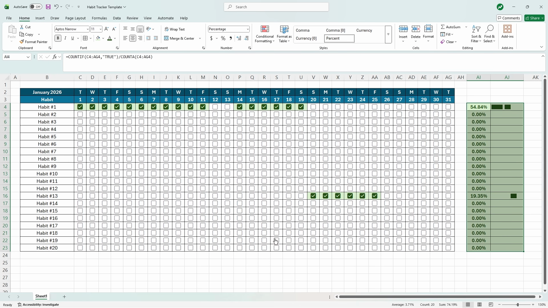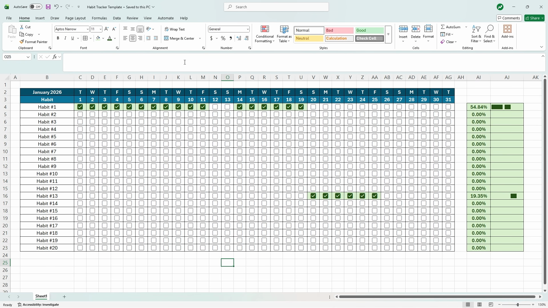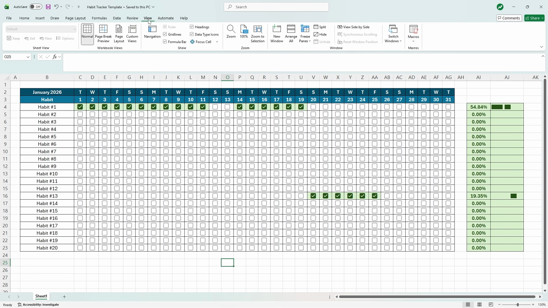Yeah, I mean, that's basically it for this. You could add so many different things to a habit tracker, but I think this is a great foundation. Another thing, just for visuals, if we go to the View tab and then remove grid lines, I think this looks even better. And yeah, so what I'm going to do is I'm going to uncheck these boxes to make this template,